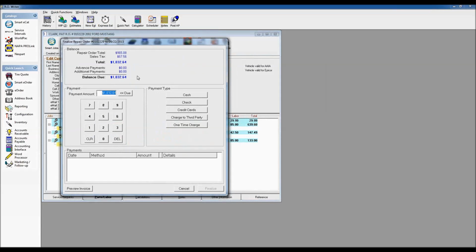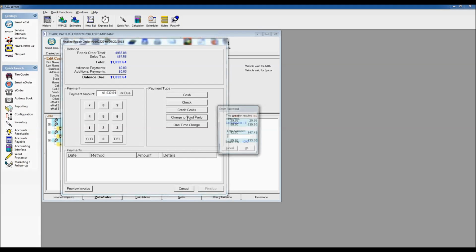On the right-hand side, my tender types available to me are cash, checks, credit cards, and then I have two buttons here that say Charge to a Third Party and Allow a One-Time Charge. So as we're starting out the conversation with accounts receivable, this is not a customer that has an open account with me. However, if we wanted to charge this to accounts receivable, my two options would be to either charge to a third party. So this is Pat Clark, who doesn't have an account with me. However, her husband does. So if I wanted to charge this transaction to a third-party account, if I click on